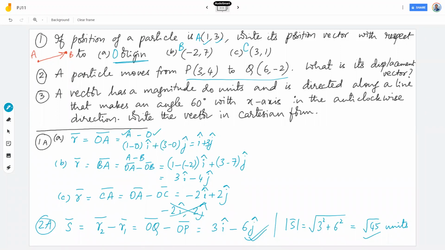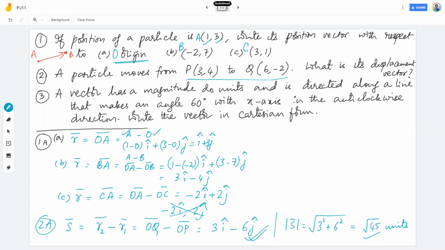Sir, so the magnitude of displacement vectors is never zero? If there is a displacement, it will not be zero. Very well. If a particle does not move, or if it comes back to the same point, what is the displacement of the particle from point P to point P? Zero.